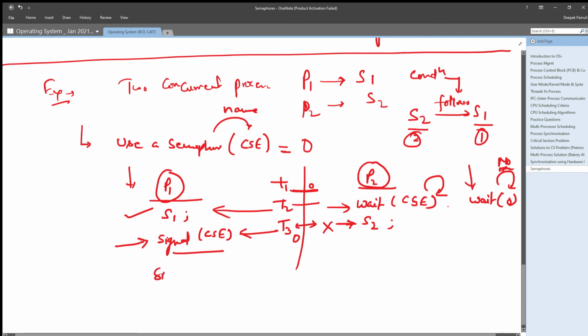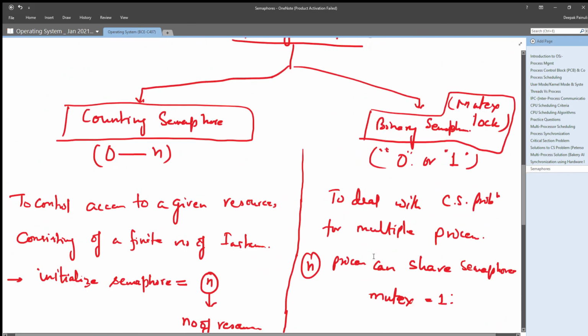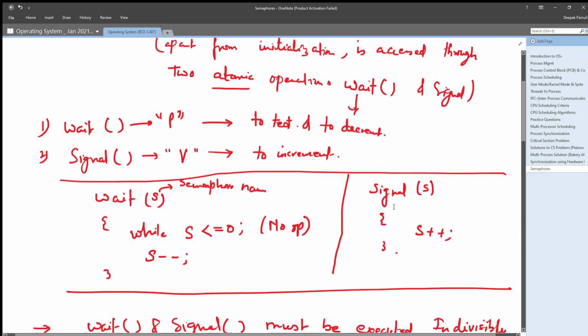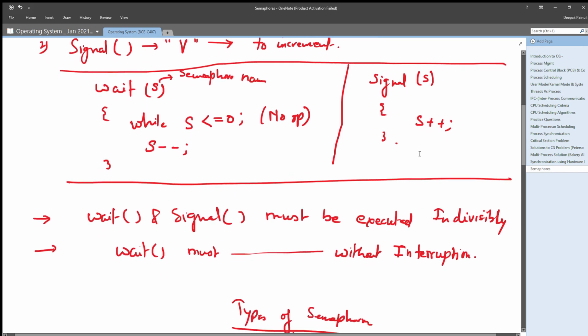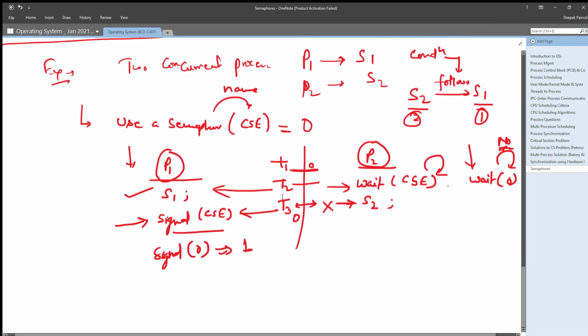So signal 0 means directly it will increment the value of CSC as 1, right? You can check the code. See, signal on any semaphore will simply increment the value without testing, okay? So at this point in time, the value of semaphore is now 1. Now that means S1 has executed, and after this signal operation on semaphore, the value of semaphore